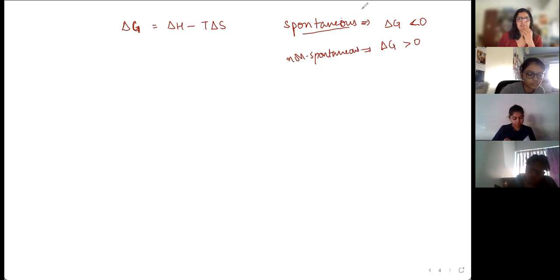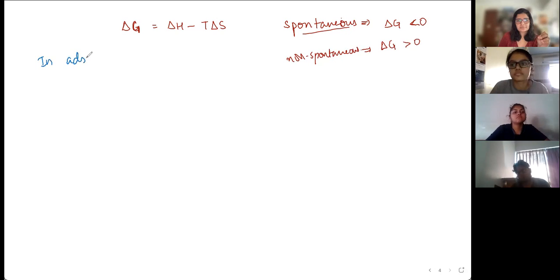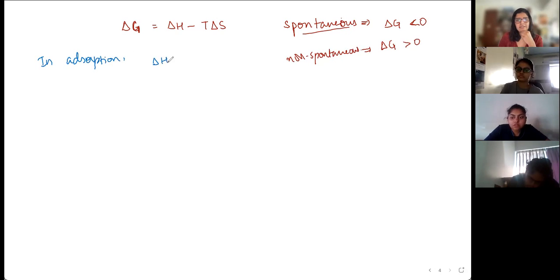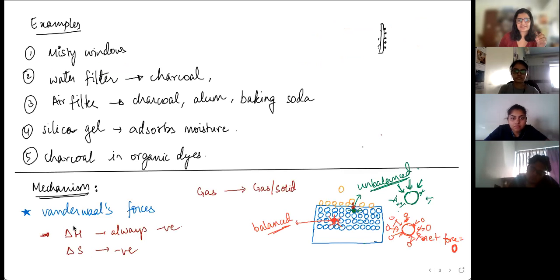Yeah. So let's apply that to our adsorption process. So in adsorption, So Can you delta just go H, to the previous slide for a second? I'm rewriting the last thing. Like this, I'll rewrite it. Just one second. Yeah, yeah. So okay, note down.